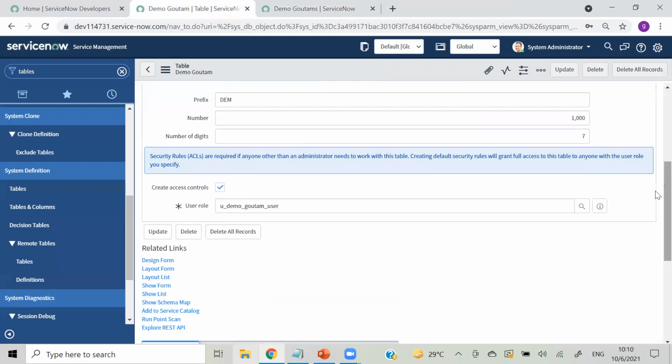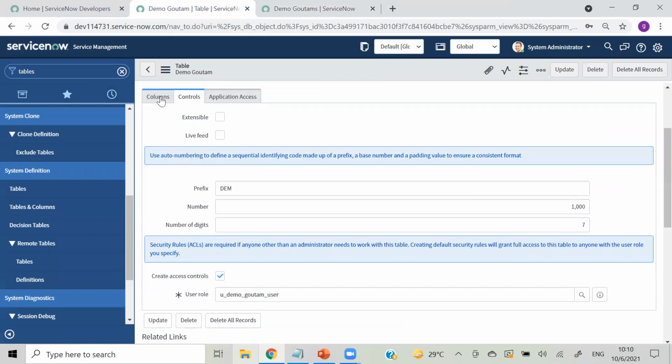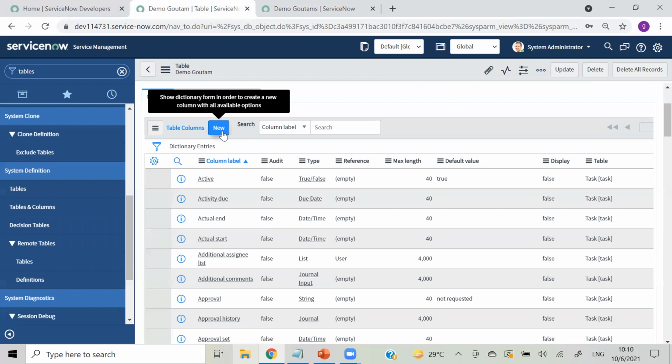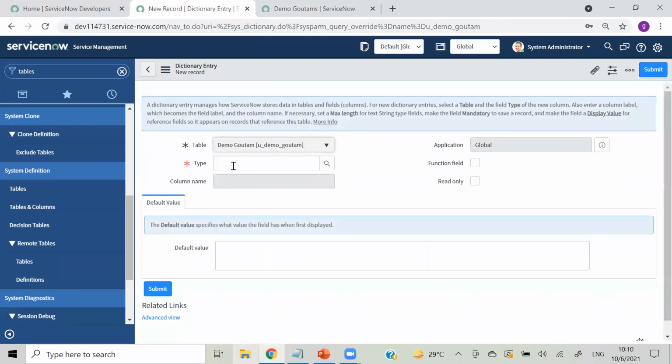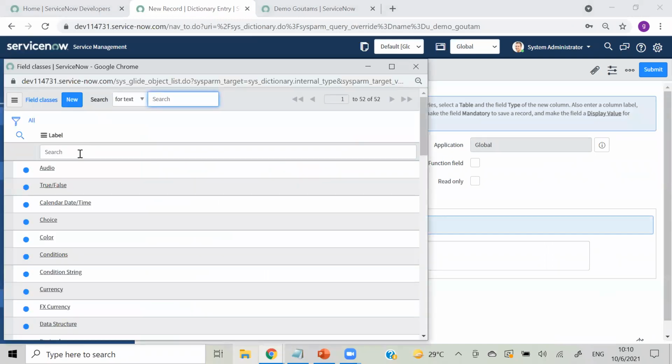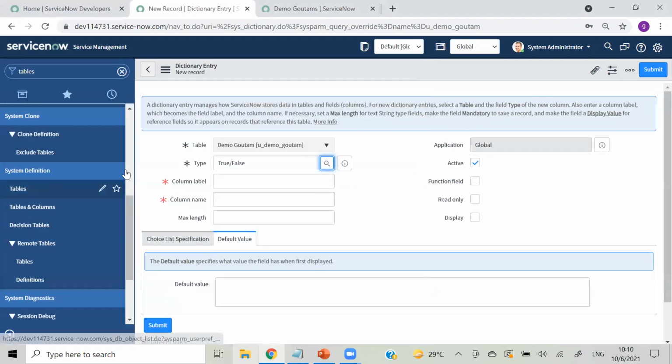So if I want to create fields on this table, I can add that from here, like on new. Okay. I can select which type, like true or false, boolean, string. I can give any name, like I am giving demo name.